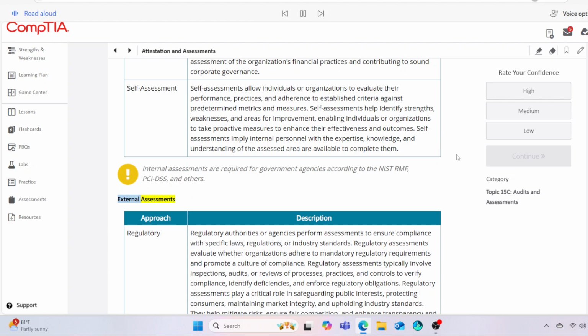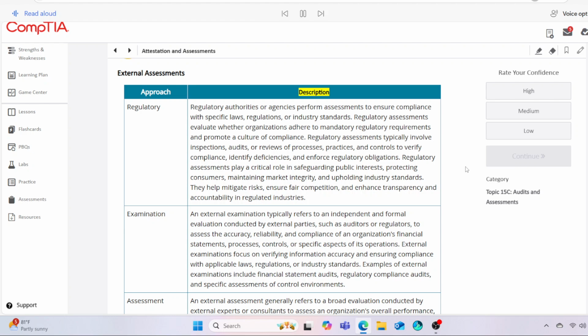External assessments. Approach. Description. Regulatory. Regulatory authorities or agencies perform assessments to ensure compliance with specific laws, regulations, or industry standards. Regulatory assessments evaluate whether organizations adhere to mandatory regulatory requirements and promote a culture of compliance. Regulatory assessments typically involve inspections, audits, or reviews of processes, practices, and controls to verify compliance, identify deficiencies, and enforce